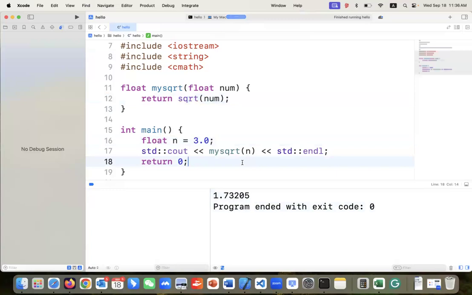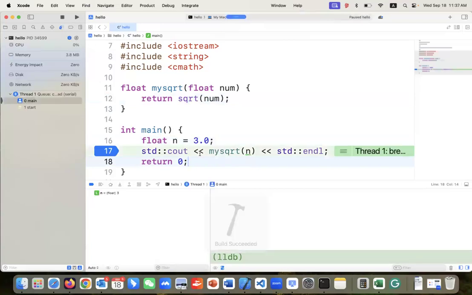and cout. What you want to see is that you can use your breakpoints to see how it is executed. First, you go to this line, n equal to 3.0. As we said, the main function is always the entry for your program, so you will enter your main function and define a variable n equal to 3.0, then call my square root, this function. If you want to debug it, you need to click on something called step into